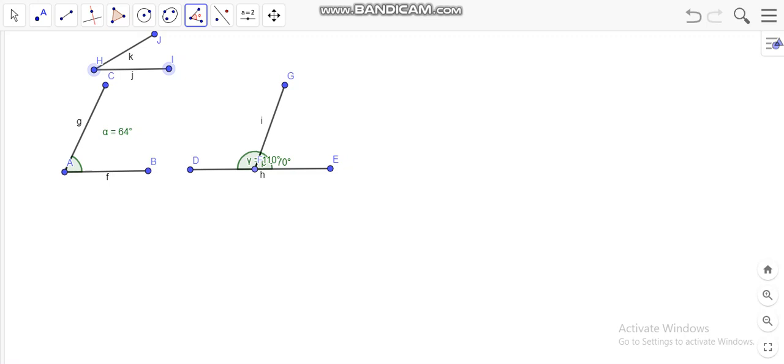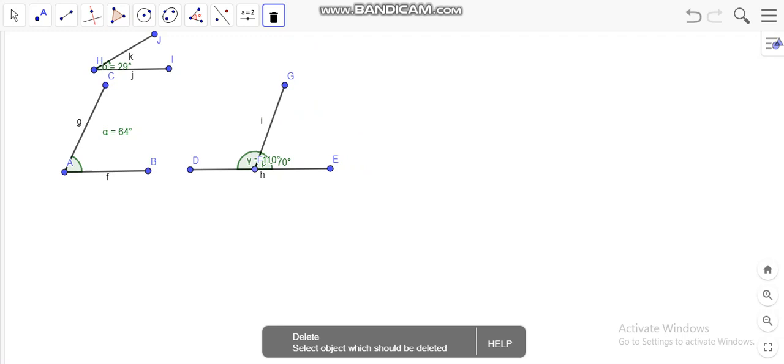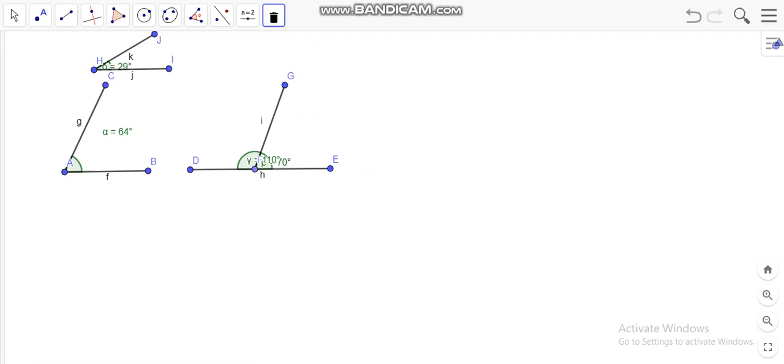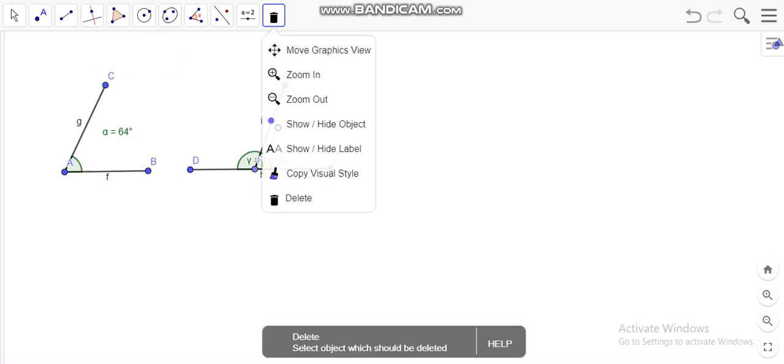IH. Now look very closely to what is happening in the center. It is dragging itself upwards. Then it goes to a certain point where it stops as a protractor, and then when you click on it, it shows this. Now I want to remove this, so we go over here, delete, then we click on this and this and this. Okay.